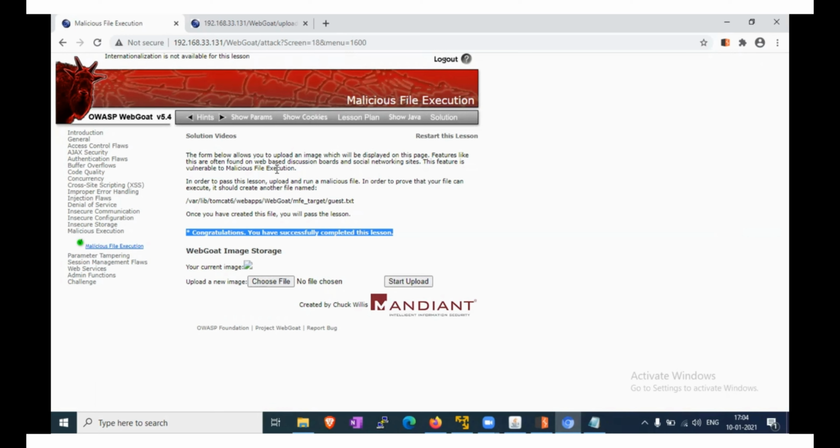Many proxy devices are deployed before the web servers, continuously monitoring and restricting this type of malicious payload file. Okay, so this is all about the upload of malicious file polyglots. We have done this lab in WebGoat.